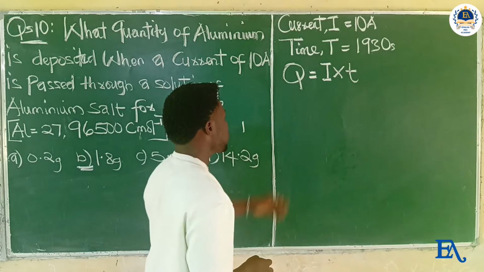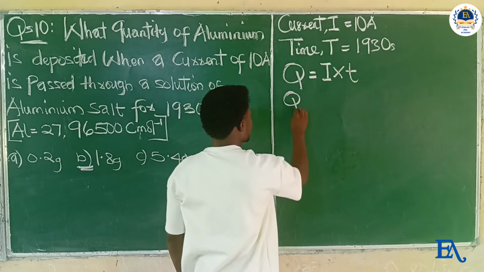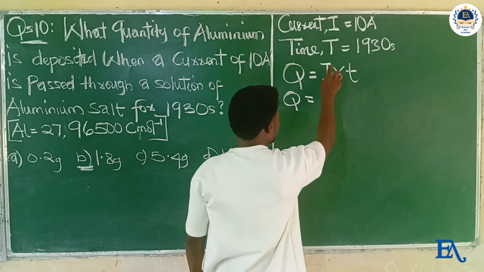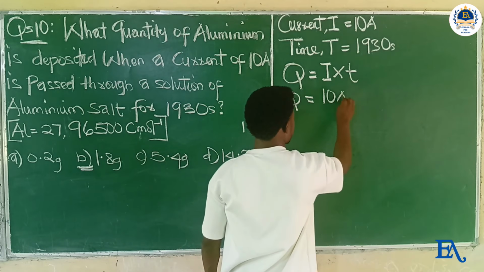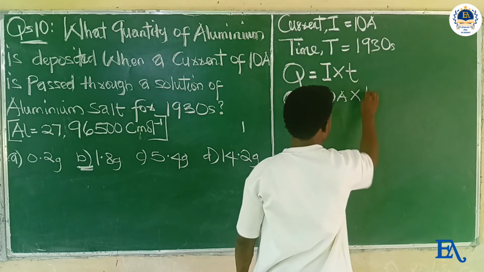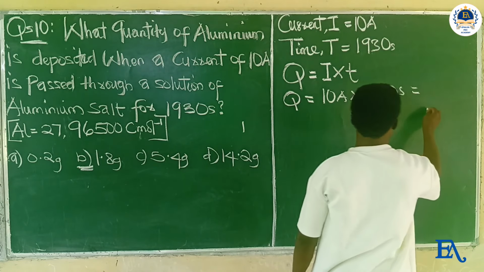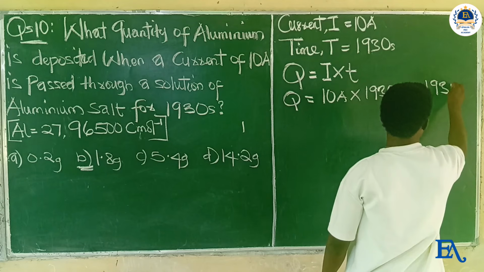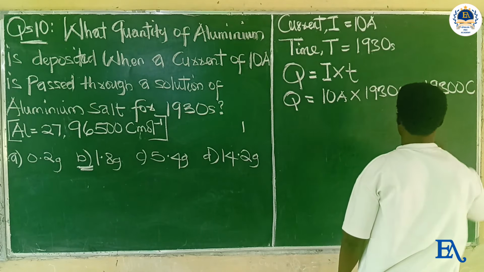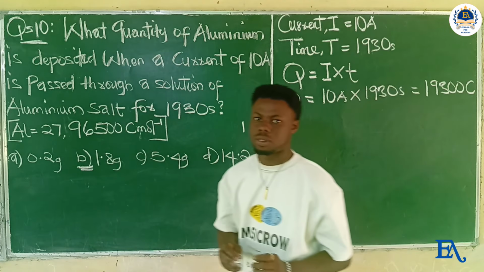So let's substitute the values. Q, charge, is equal to current, 10 amperes, times time, 1930 seconds. So we are going to obtain